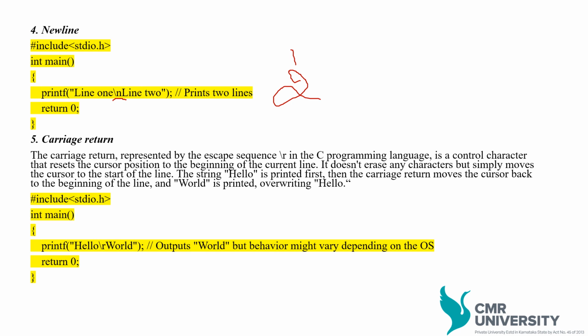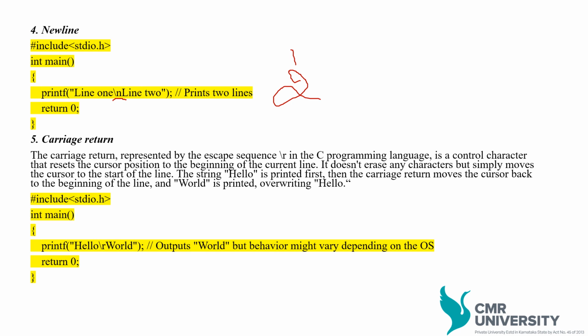The fifth escape sequence is carriage return, represented by backslash r. It is a control character that resets the cursor position. It moves the cursor to the beginning of the current line. It doesn't erase any characters like backspace, which we studied; it simply moves the cursor to the start of the line. Here we used hello world,